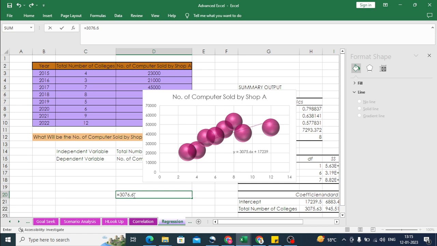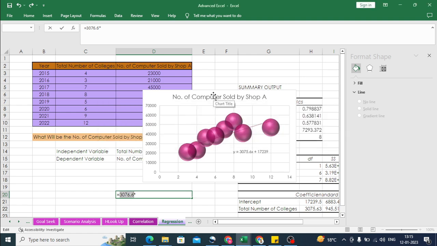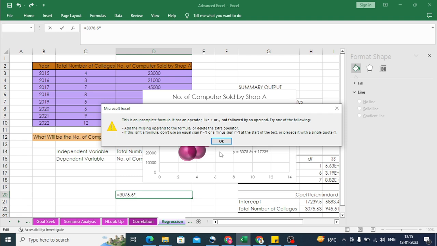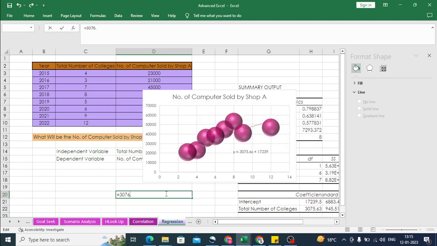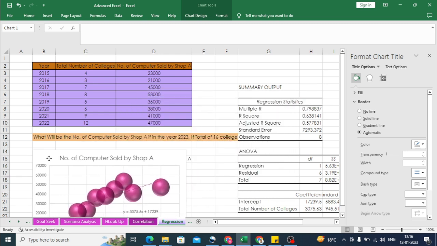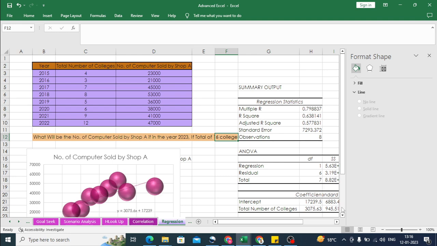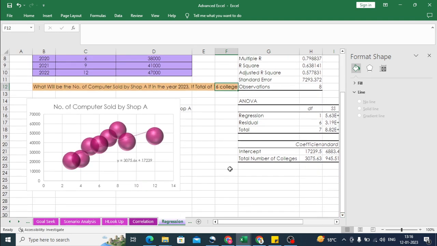3075.6 has to be multiplied by the total number of colleges. I'm just trying to move this here. For now, just remove this so that we can move the graph. Yeah, this is what I wanted. I just wanted to see what is the total number of colleges. So 16 colleges. So if there are 16 colleges in the city, how many computers will be sold by shop A? So what we do is we type equal to, then we take this value, which is